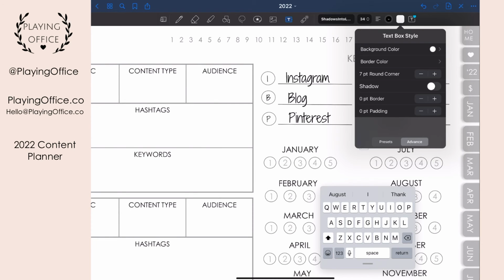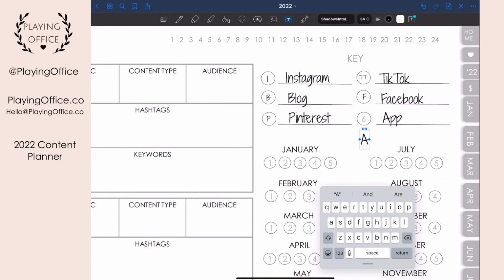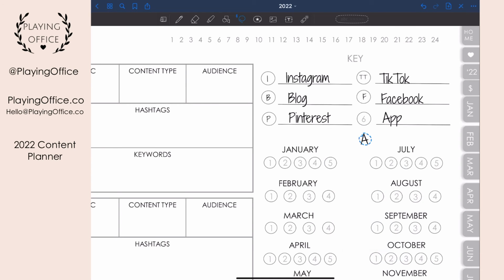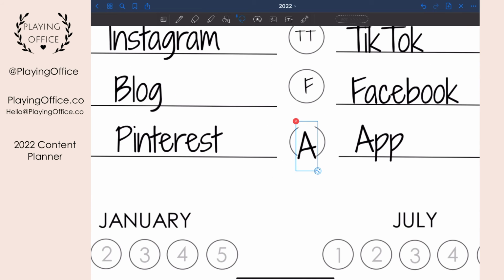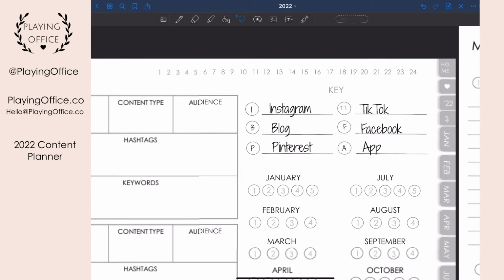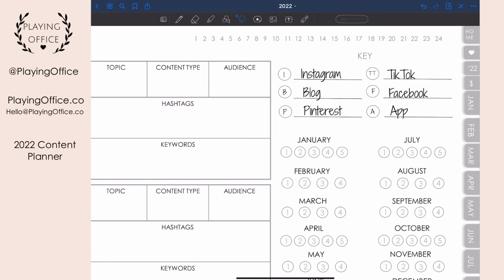Give me the background, no shadow, and then I type the letter. That's too big. I chose a white background so you can't see the number behind it, but if you don't care, or if you can remember what you assign the numbers to, then that's good for you. But I'm just using the letters, or you can use icons, whatever you'd like. So once you decide what you'd like, 1 through 6,